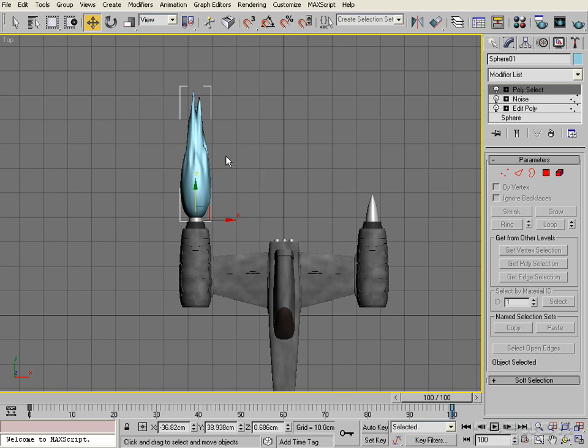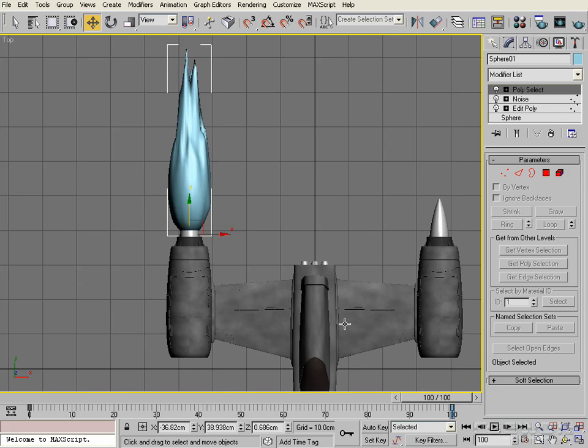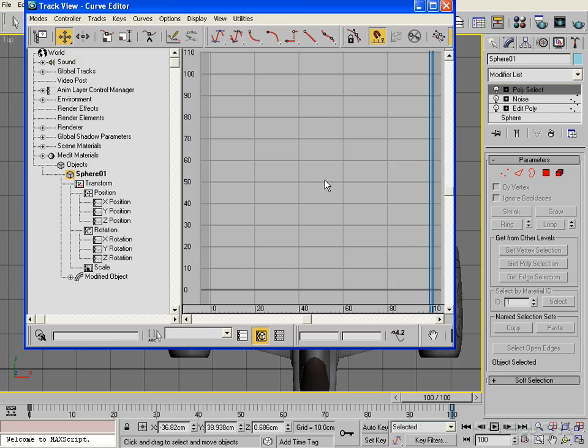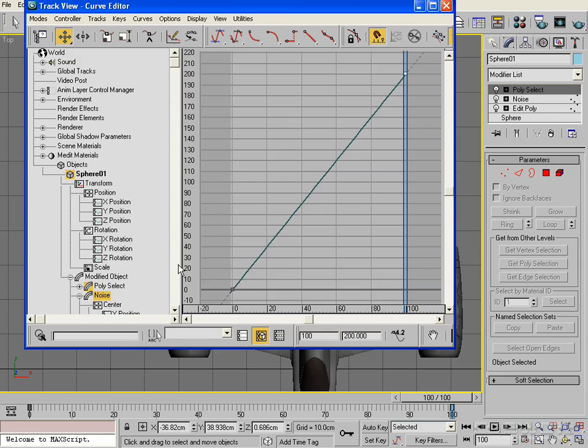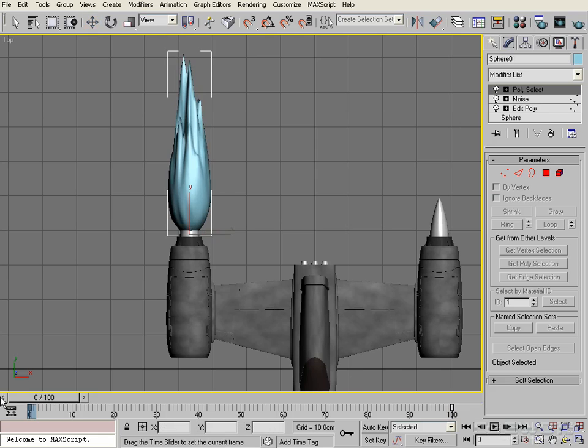So the next thing we need to do is apply a material to it. In fact, just before we move on, I'm going to bring up my curve editor. We're looking down in the modifier again, going into noise, and we're going to select that last keyframe, and at the moment it's set to 200. I'm going to increase that to 300 just to give it a bit more speed. A little bit more happening in a shorter time period, and that's going to give us that randomness that we're